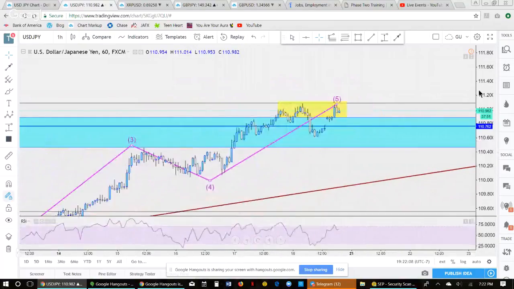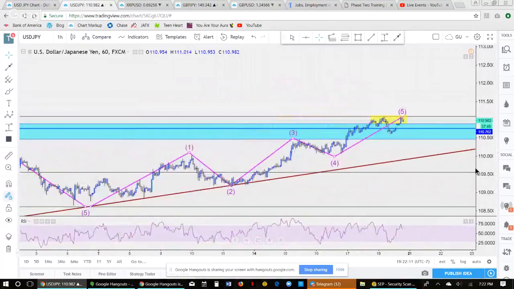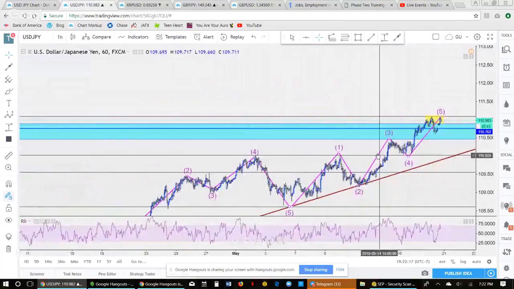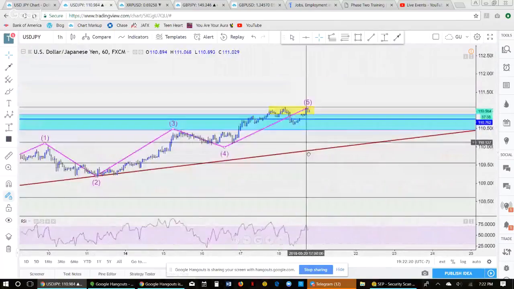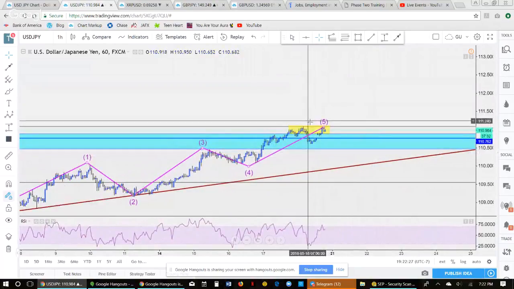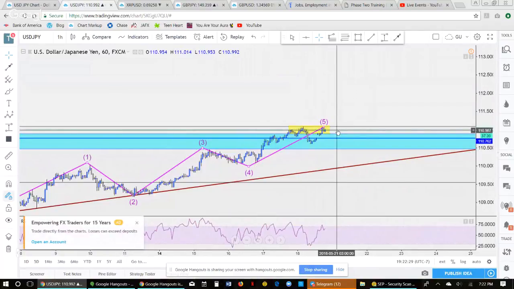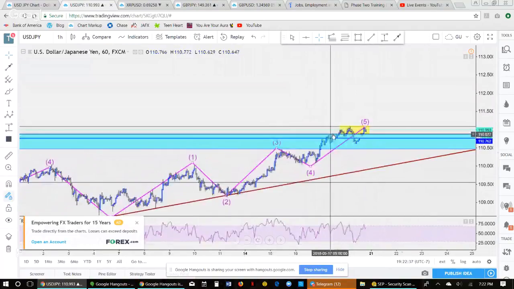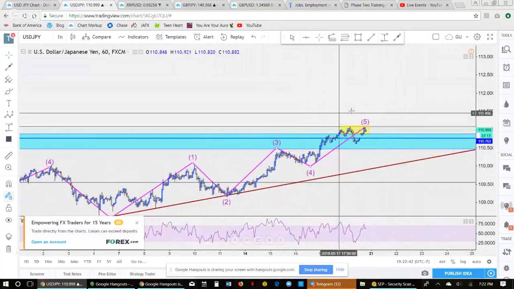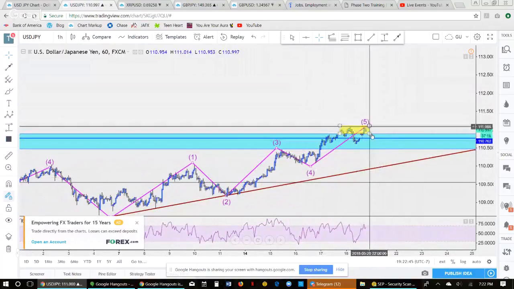I think UJ is going to give us some good pips this week. And if you're paying attention to RSI and stuff like that, all of these indications, I just really feel like UJ could possibly go up a little bit. It's possible. There's nothing that you could 100% know. It's possible UJ can go up a little bit or it can go up all the way and make a whole other impulse to the upside. But to me right now, I'm definitely looking for a little drop to this trend line, or at least